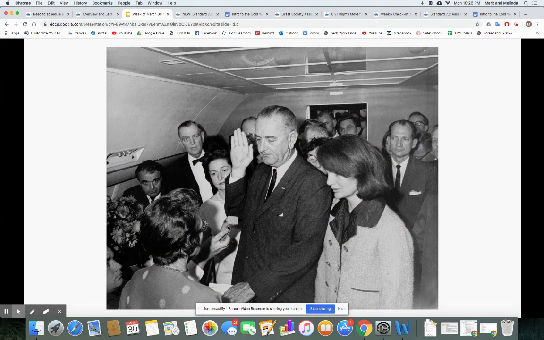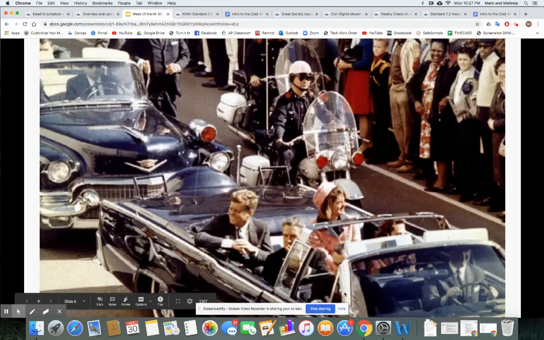This is his famous photo of him being inaugurated on Air Force One. Part of the reason it's also so impactful is Jackie Kennedy, who's over here on the right, who was the wife of John F. Kennedy, is wearing the same outfit that she was wearing in the car when JFK ended up dying. The person that they believe was responsible for this, officially by the FBI, was captured. However, he was assassinated 3 days later by a member of the Russian mafia.